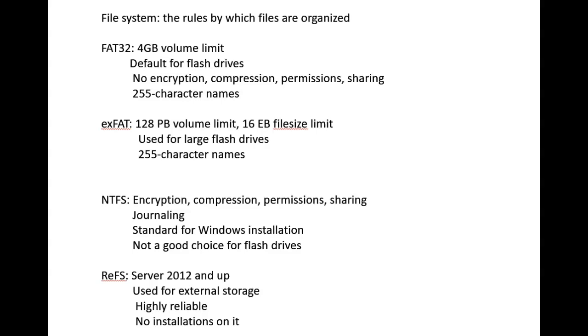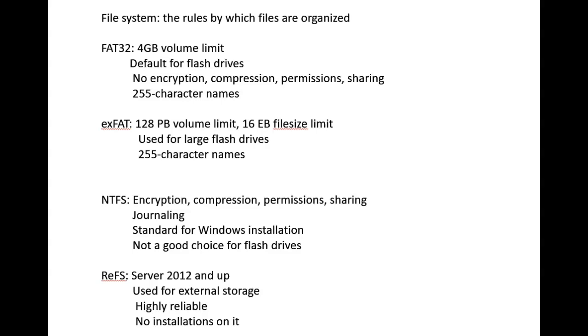Since Server 2012, which occurred in about the year 2012, of course, and up, Microsoft has supplied another file system capability called ReFS, or Resilient File System, and it is really primarily designed for and used for external storage. Now, we do not put ReFS on an installation disk.